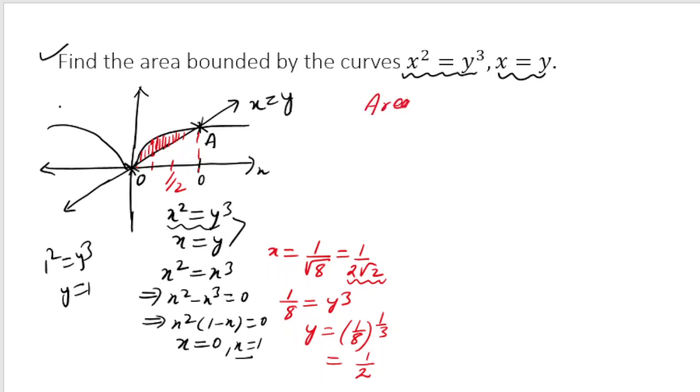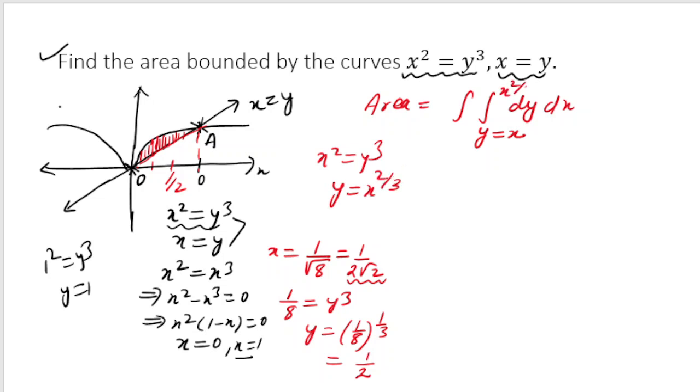I hope you are clear that area is given by integration of dy dx, and since I have taken the vertical strip, the vertical strip is all the time starting at the line y is equal to x. So the limit of y is equal to x, and then it is going up to this curve, that is x square is equal to y cube. So if x square is equal to y cube, what is y? y is equal to x to the power 2 by 3. So x to the power 2 by 3,